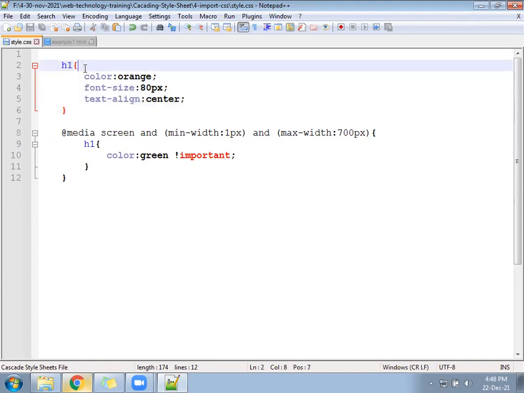When someone opens the screen, by default this will apply: color is orange, font size is 80, text-align is center. And after that, if the device screen size is between 1 pixel and 700 pixel, then the H1 tag will not be in orange color. The H1 tag will convert into green color.